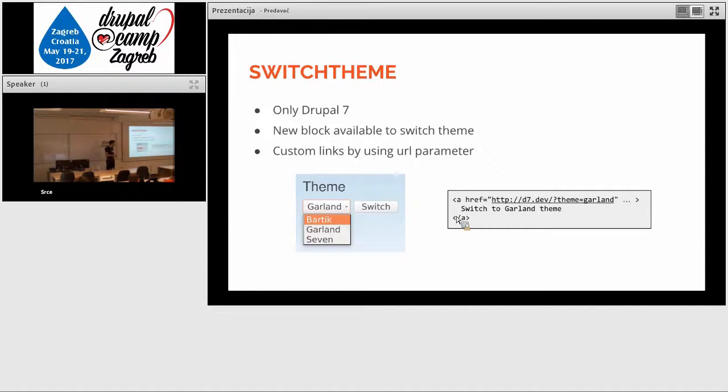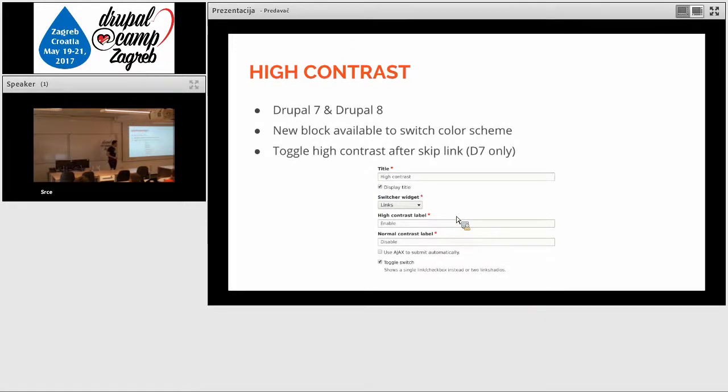also create your custom links by using this parameter here. And actually, this link, when you click it, will reload the page with this theme enabled. So it's useful if you have a client that really has 2 different or 3 different themes, depending on this. There's also the high contrast module. In this module, you don't have to create your own special theme, but this module has its own CSS, which is then